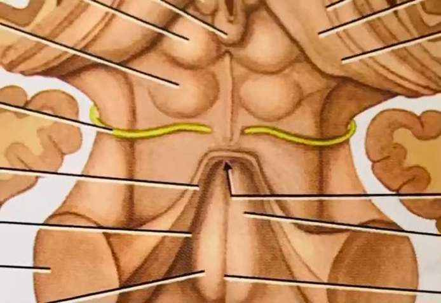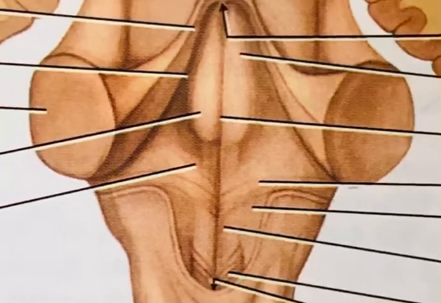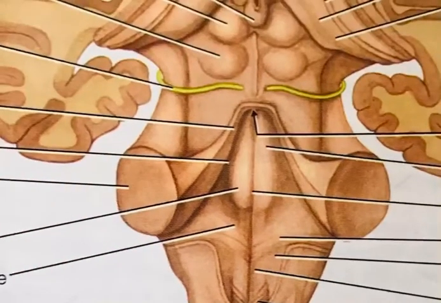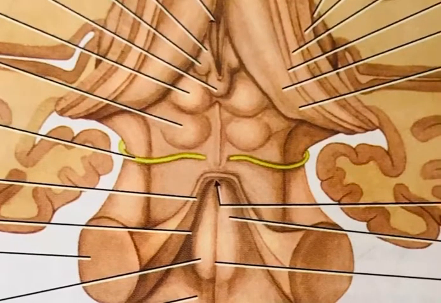Then inside the fourth ventricle you can see a nice bulge, that is your facial colliculus, with the median eminence. The colliculus is formed, as I have already told you, because of the underlying abducens nerve nucleus wound around by the facial nerve fibers. And then these are all triangles, we don't want those.